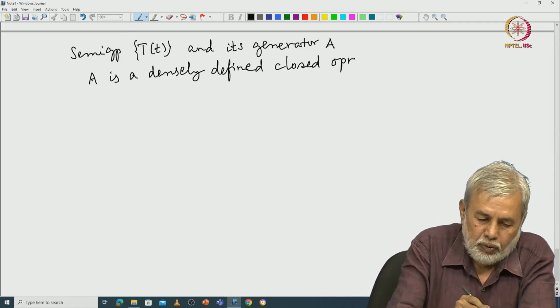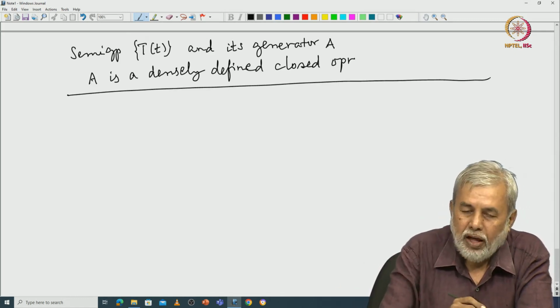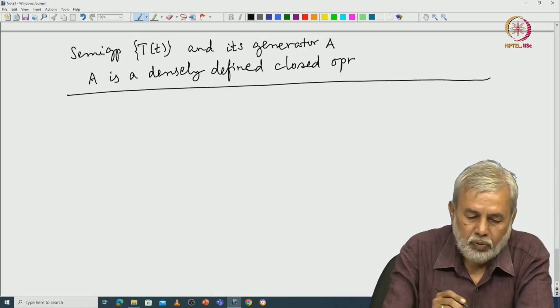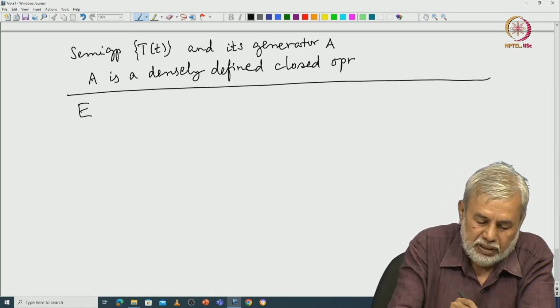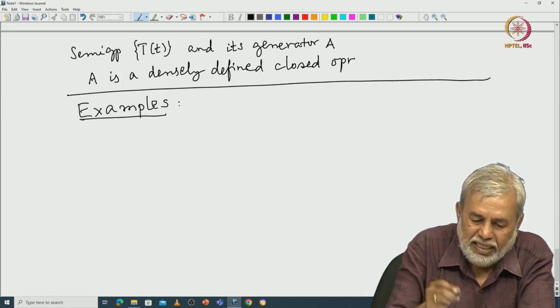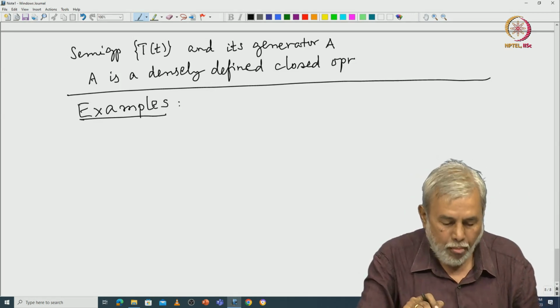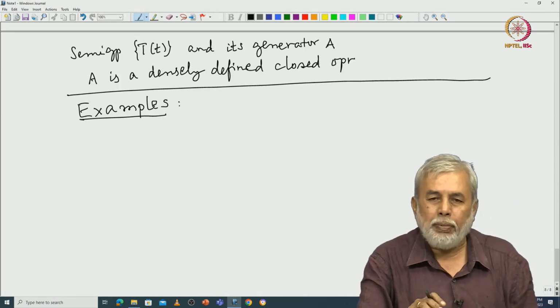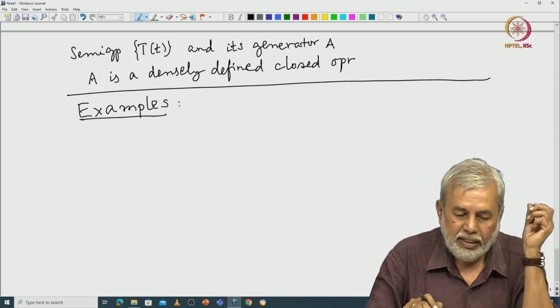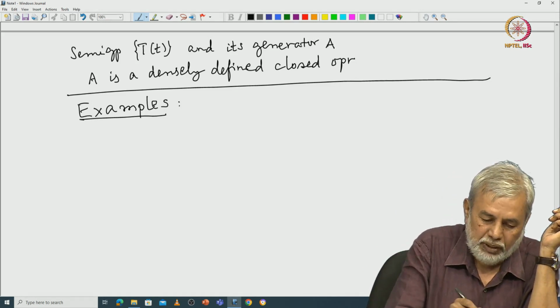So, before we proceed further, it is always better to have some concrete examples. Okay, so in the examples I will not do all the details. I define the semi group. So, you have to verify that it is indeed a semi group. So, you have to verify the two properties in the definition and find its generator. Okay. So, the first one